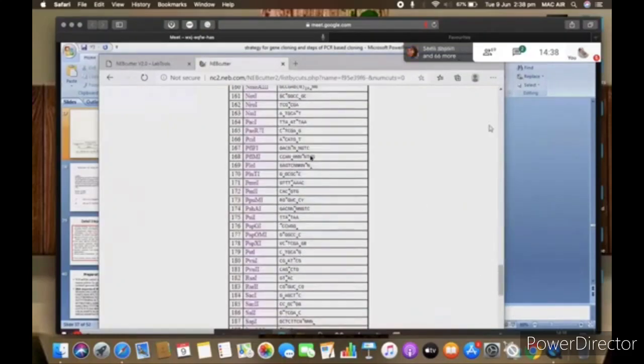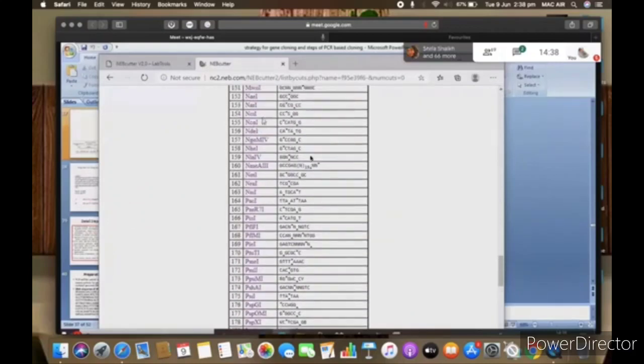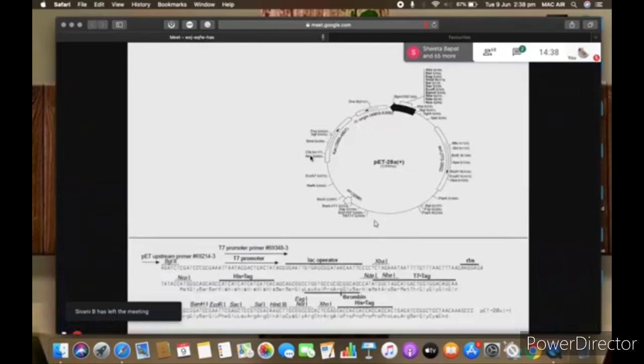NcoI, yes, you can clone at NcoI. You can choose the NcoI site also. In this way, we have to search the zero cutter list.